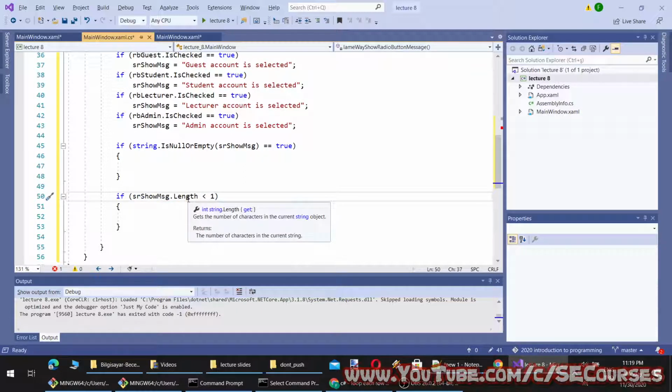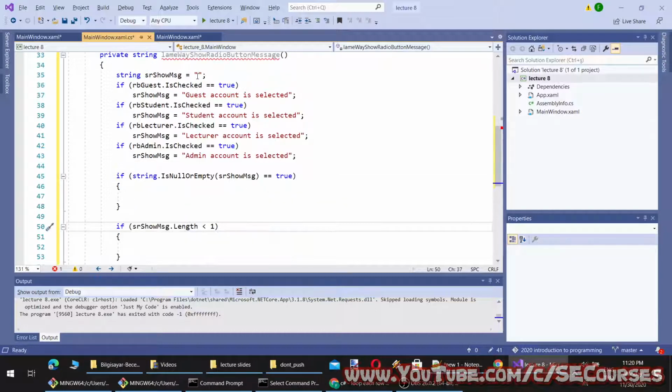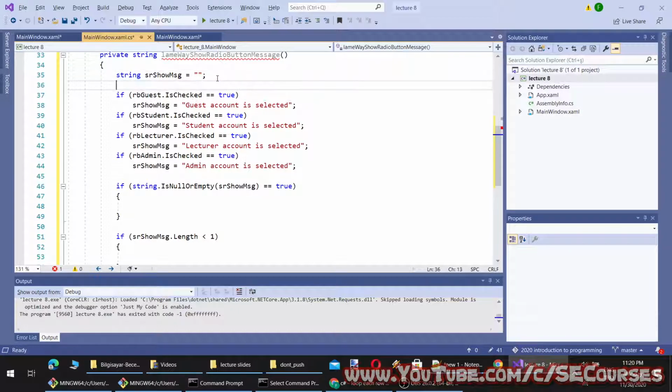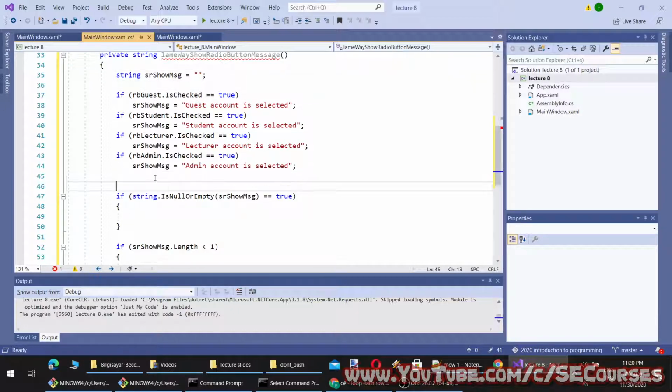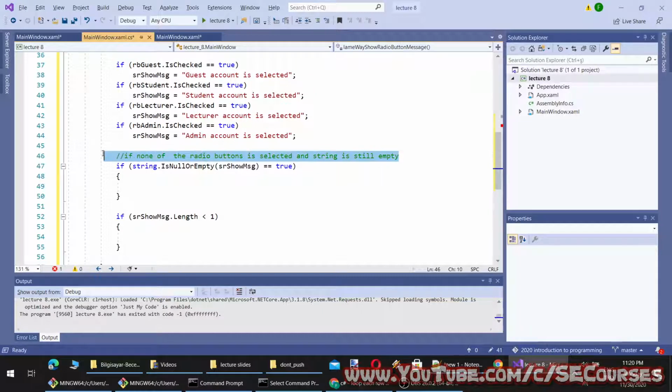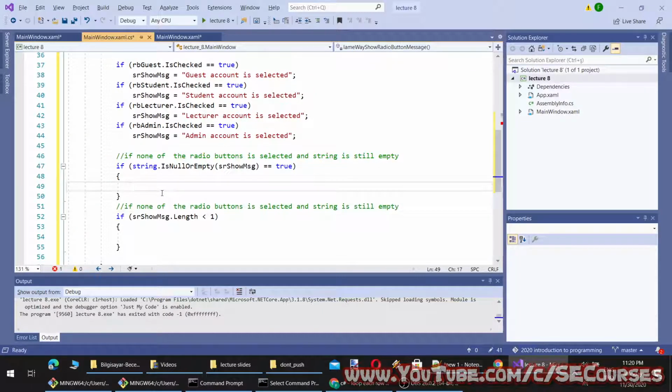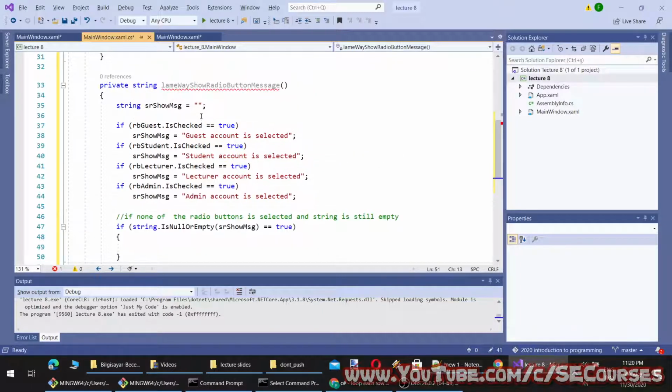The length gets the number of characters in the current string, which is 0 characters at the moment, and if none of the radio buttons is selected, these will work. Empty.